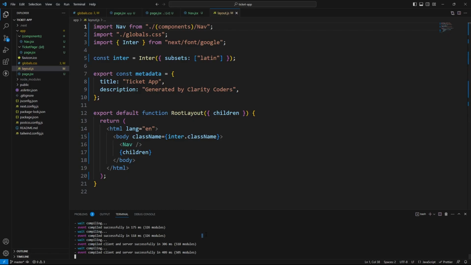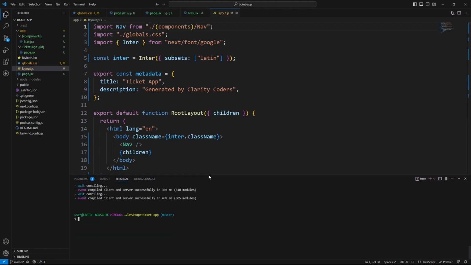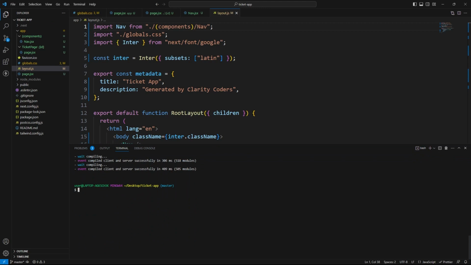Now I said we're not going to use a lot of libraries, but I am going to kill that terminal, and we'll do just a couple library installs here. So we don't have to use images or anything like that in this project. We're going to use a free icon library. So let's do npm install @fortawesome/free-solid-svg-icons, space, and we're going to do one more. We're going to do @fortawesome